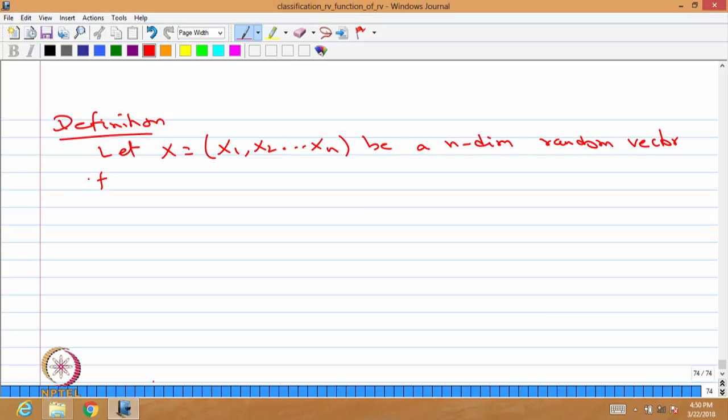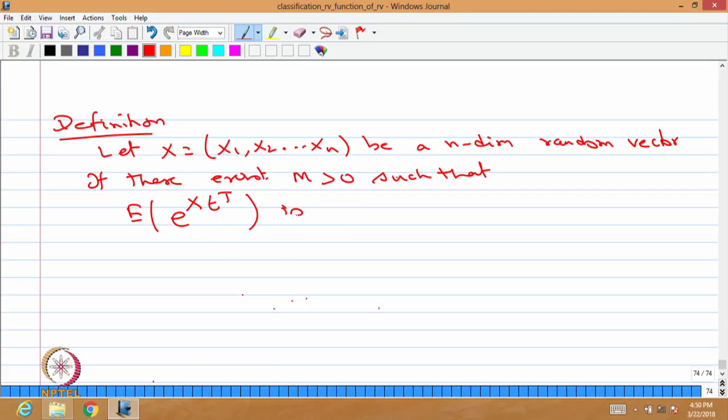If there exists M greater than 0 such that the expectation of the exponential of the random vector X multiplied by t transpose is finite